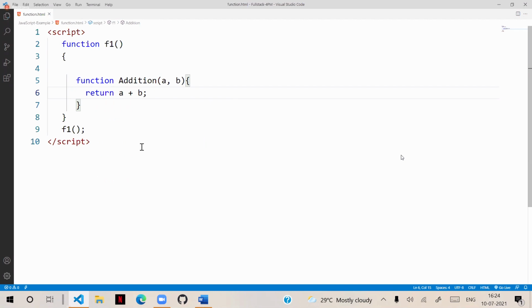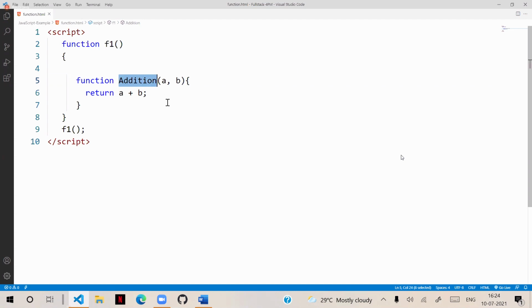Then what happens is, when you say return A plus B, return is not returning a value. Return is a jump statement. Already we know that it will stop the functionality, and whatever result is present, A plus B, it will store inside this variable.